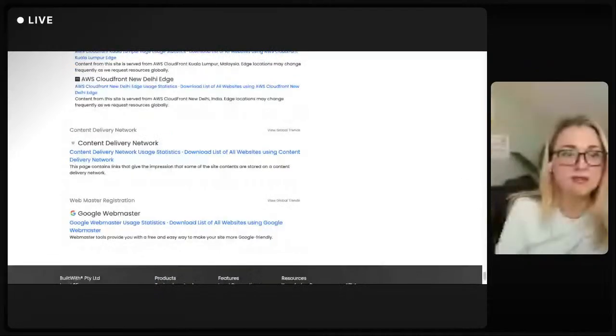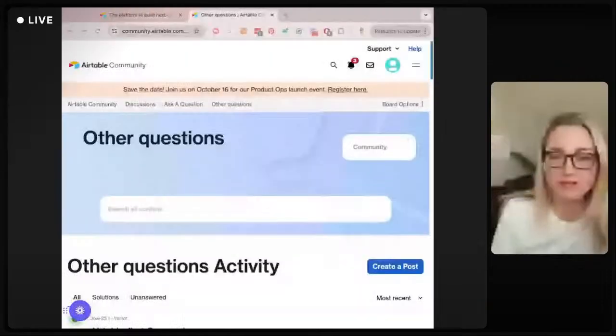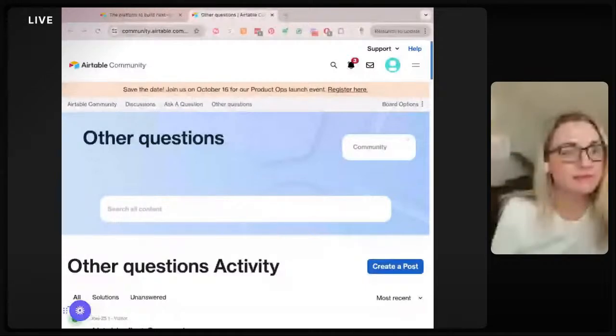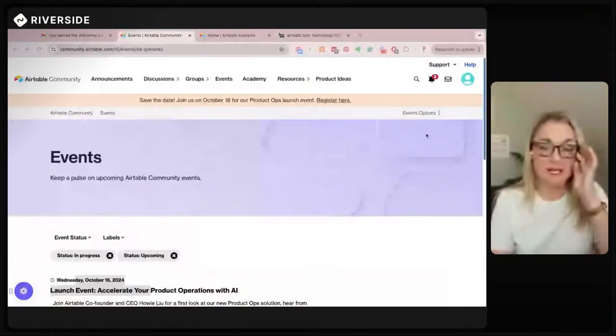All right, we will stop sharing that, and let's go back over to the community. This might seem a little disorganized and messy right now, because it is. I keep a spreadsheet when I run through these audits, and that allows me to go through and actually take notes as I'm doing this. But again, I'm just doing this here for you to be able to see the behind the scenes. All right, back over here. There we go.